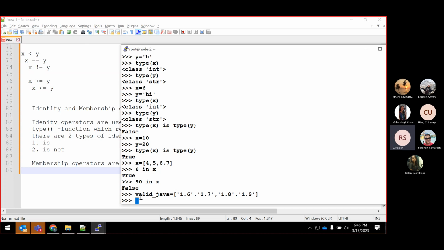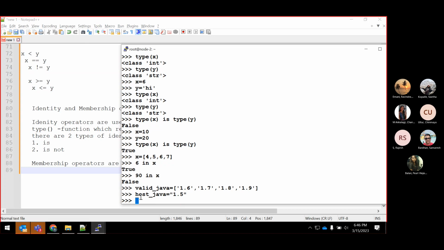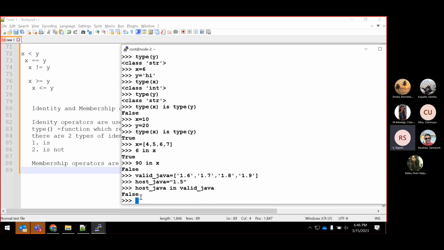Right. So assume that in your server there is a Java 1.8 installed. So in your host machine, suppose, I can just say host_java is equal to 1.5. So what you're doing is checking host_java in valid_java. See, it returned false because this value 1.5 is not there in this list at all,